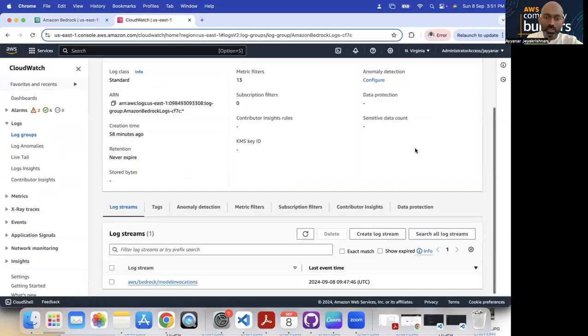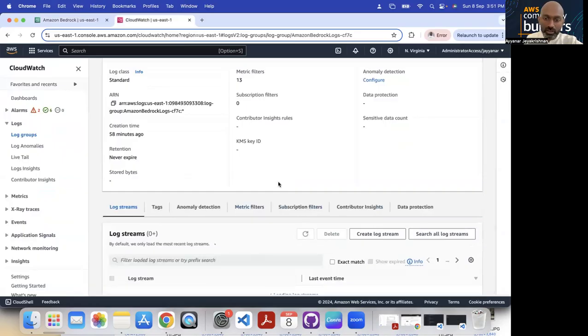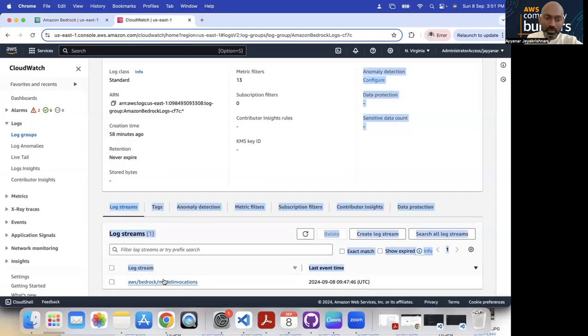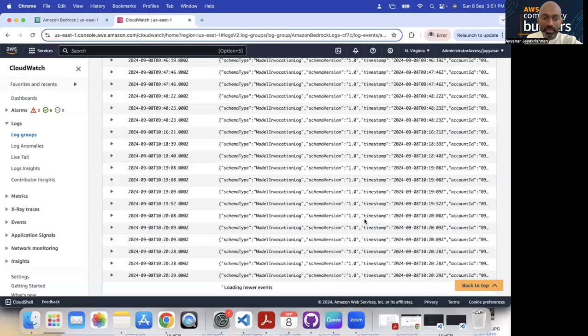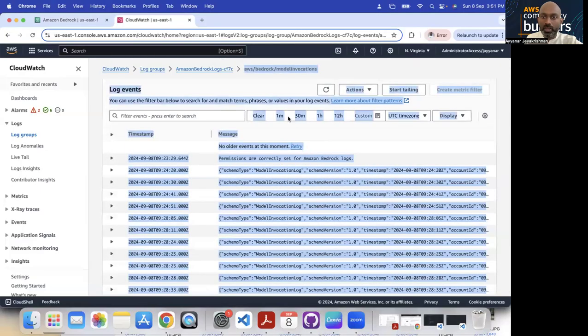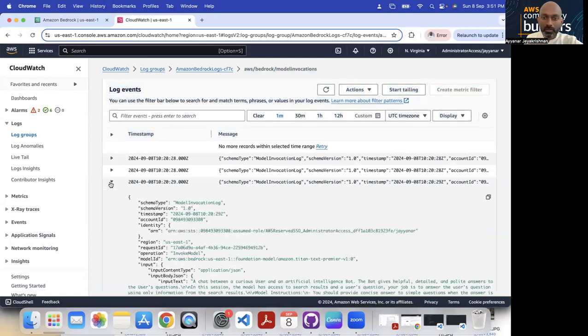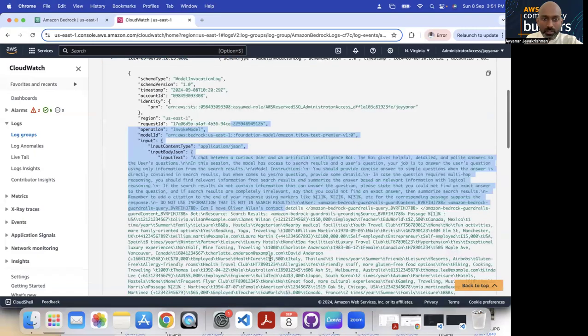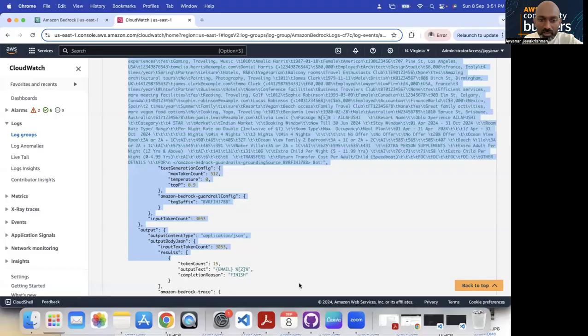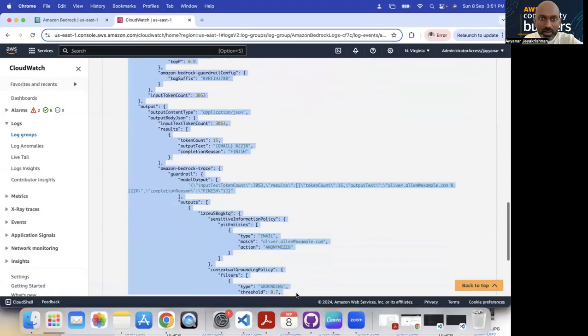Let me check the CloudWatch logs. It should trigger the guardrail, and every Bedrock invocation will be logged. I will filter for my case. This is the one. It called the Bedrock config, and for the output content type and the input, there is nothing wrong.